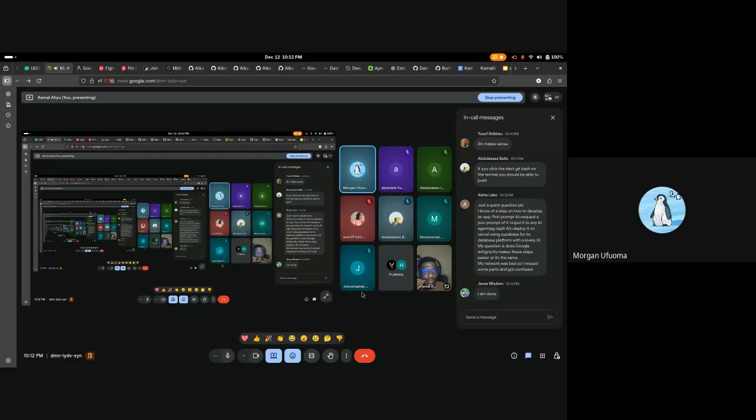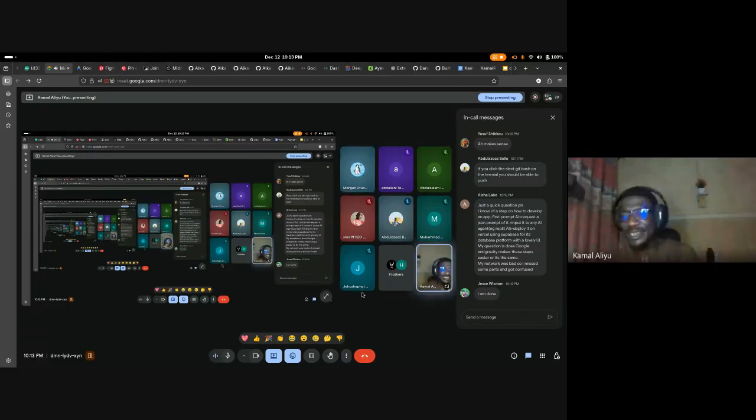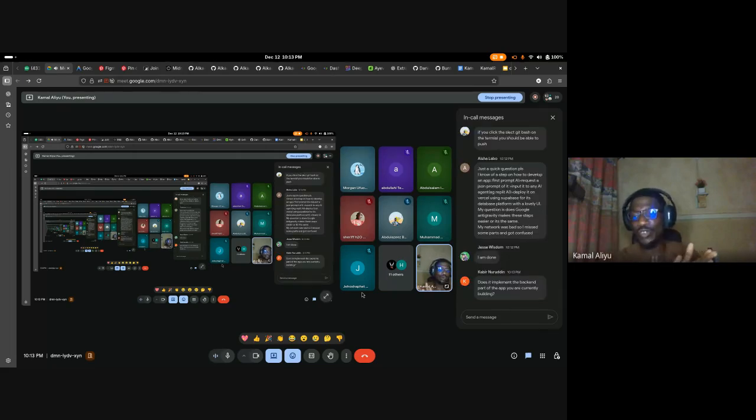Kamal, she's asking if you actually need to follow these steps to develop using Antigravity. So yeah, to develop with Antigravity, you don't need all these JSON prompts and other stuff like that. You just need the idea. What do you want to build? The prompt that we give the AI is just a very short prompt, and it generates a very well-structured plan that you can go through and see if you're okay with it. If you're not okay with it, you can edit or change the implementation plan. So it's very, very easy.